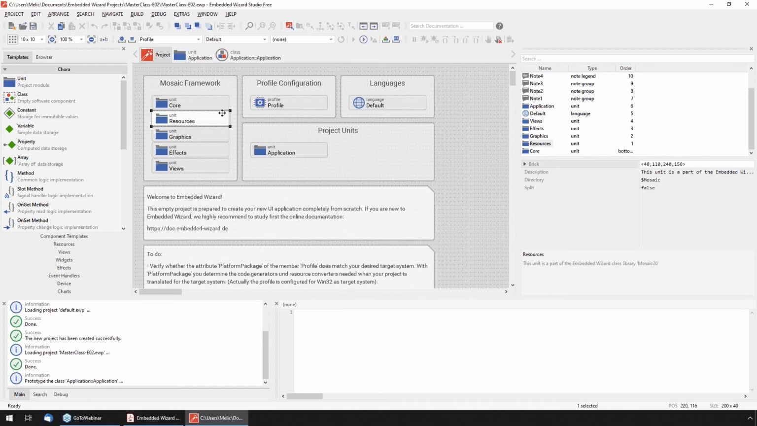Next to the framework, we also see here the so-called unit application. By the way, a unit is something like a container, like a group, where you can structure the project according to logical elements, like the main application. Now, usually inside bigger projects, you would have different other units, like a unit which contains all different image resources